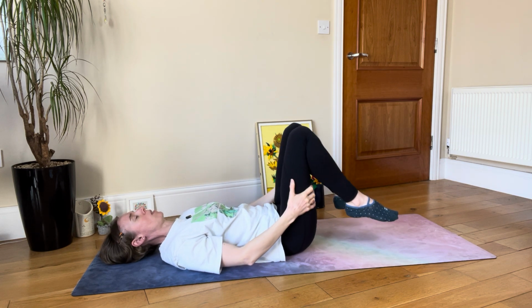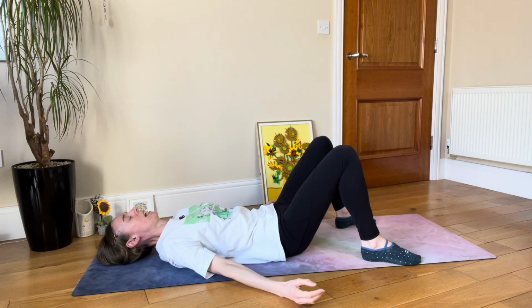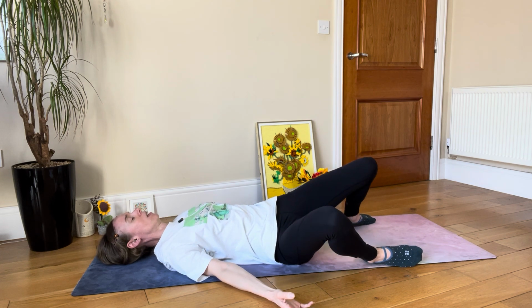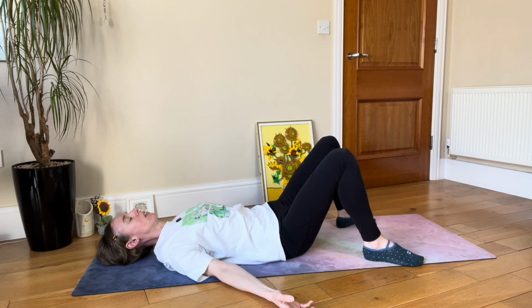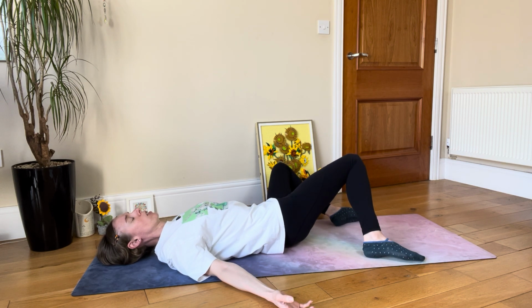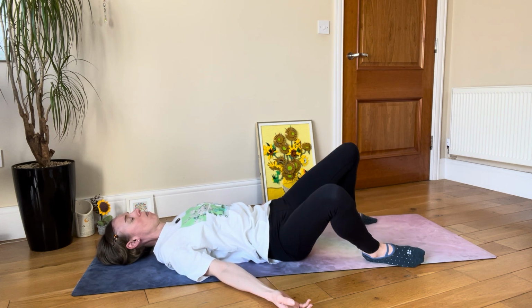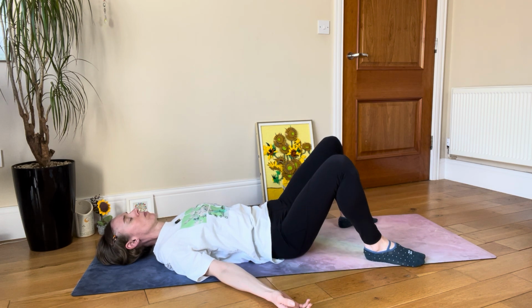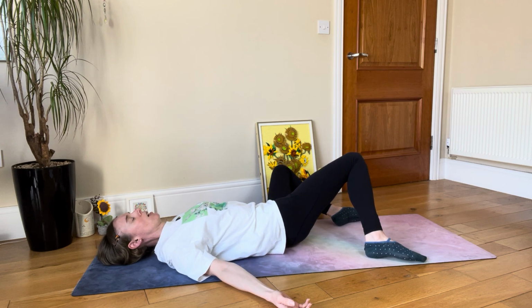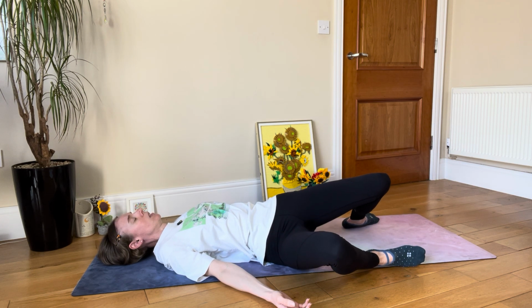And then we're going to plant the feet back into the mat. We're going to widen them a little more towards the edges of the mat there, hands out to the side. And we're just going to start to drop the knees over to the right, and then we're going to come back through centre over to the left there. So we're just going to windscreen wiper the legs from side to side here. So massaging out the lower back here,